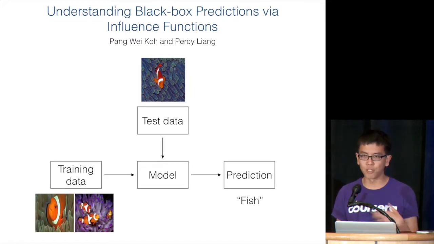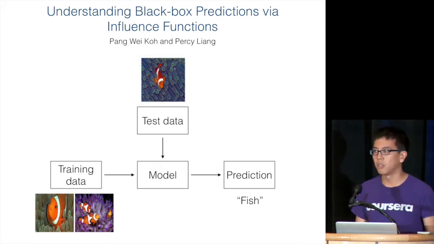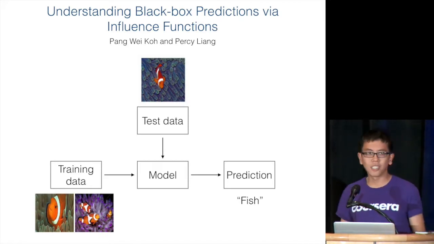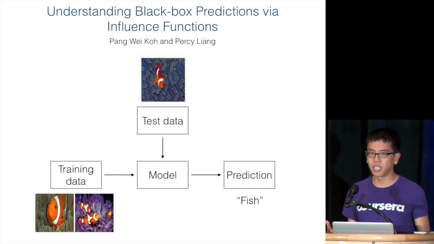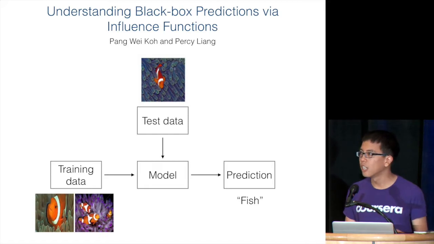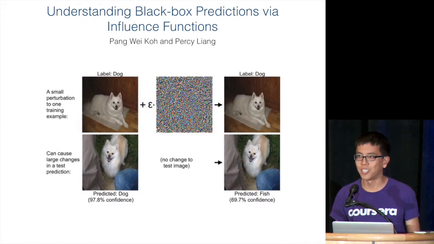This works on any differentiable black box model, and we think it will help end users better understand the models they work with. It also turns out that when you understand the link between the training data and the prediction, you can construct efficient training set attacks. Small changes to the training set that can drastically change a model's prediction. I'm going to leave you with this slide, and to find out more, please come by our poster.